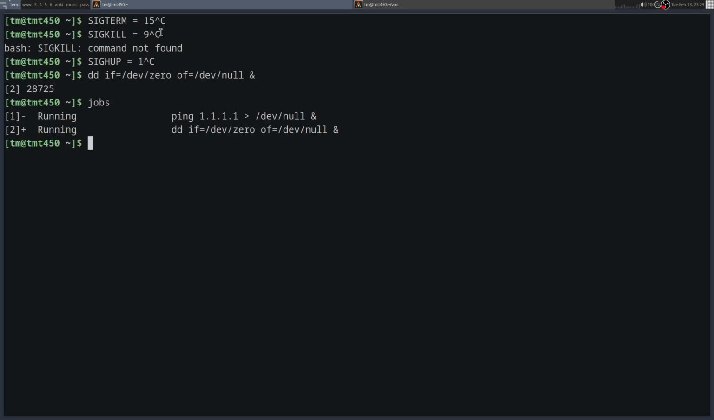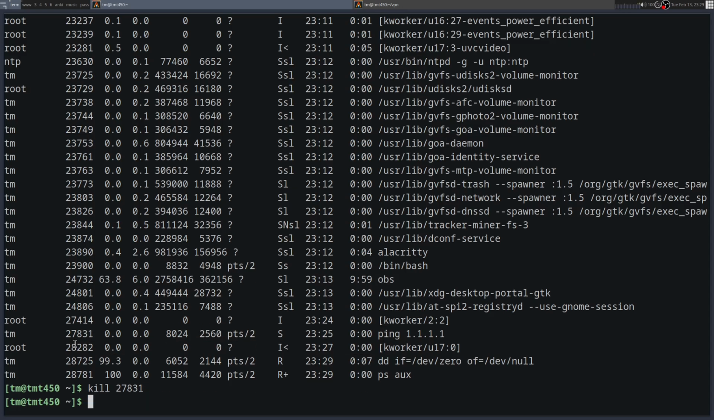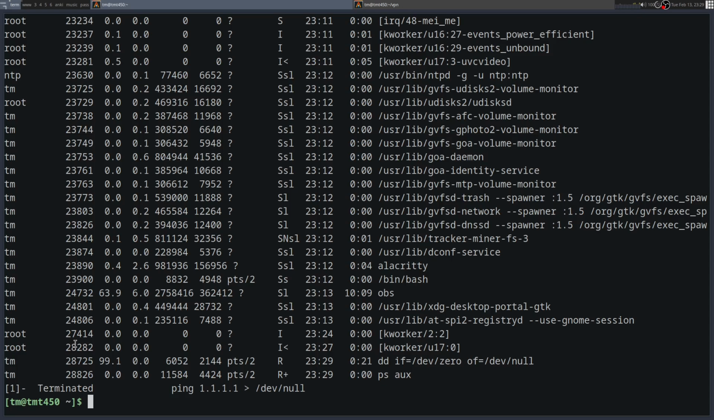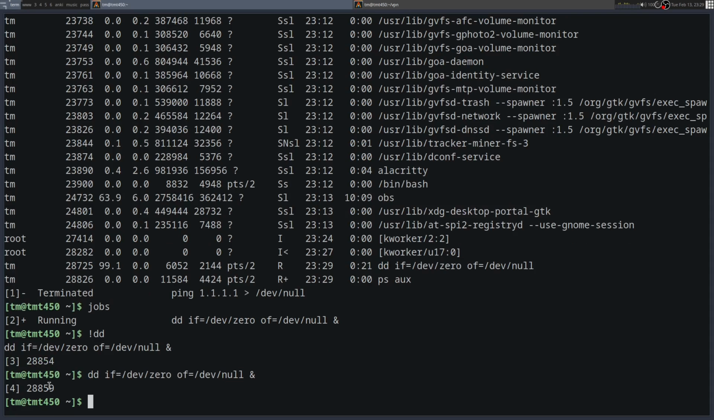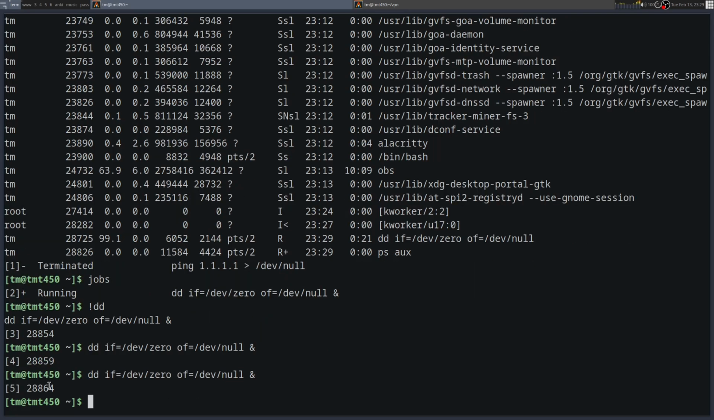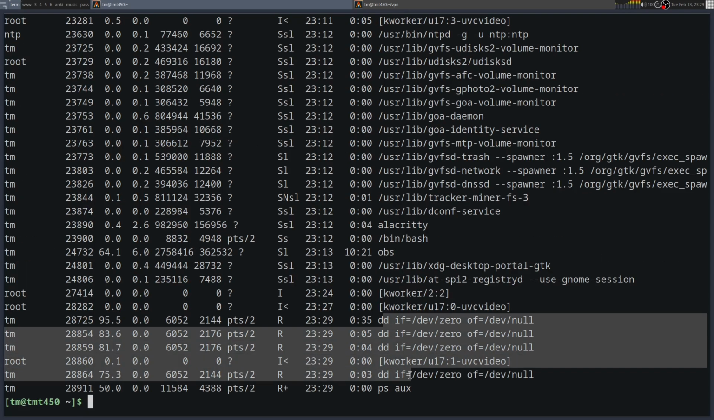What is job 1? First, let's kill 27831. That's the process ID for ping. So we kill that, and we can see here that it's terminated. We run jobs again, and this dd is the only one that's running. Let's just run this a few more times, and then we can run ps aux and see we have a couple dd